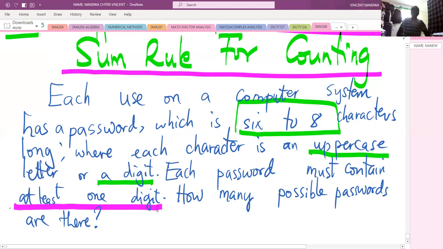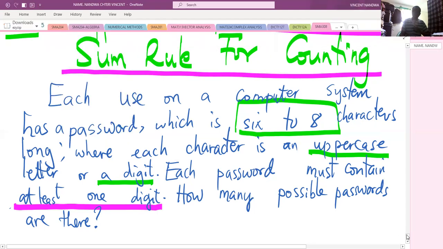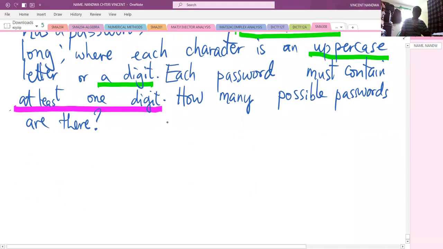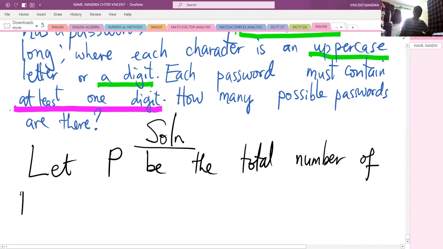When we say 6 to 8 characters, it means that the length of the password can be 6 or 7 or 8. So that's the starting point. So, solution. We'll say, let P be the total number of possible passwords